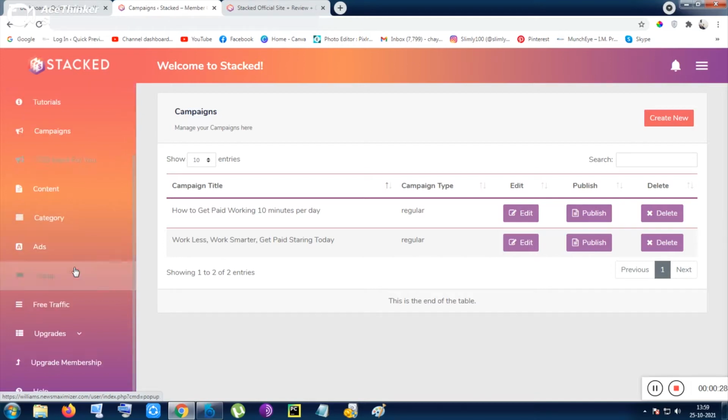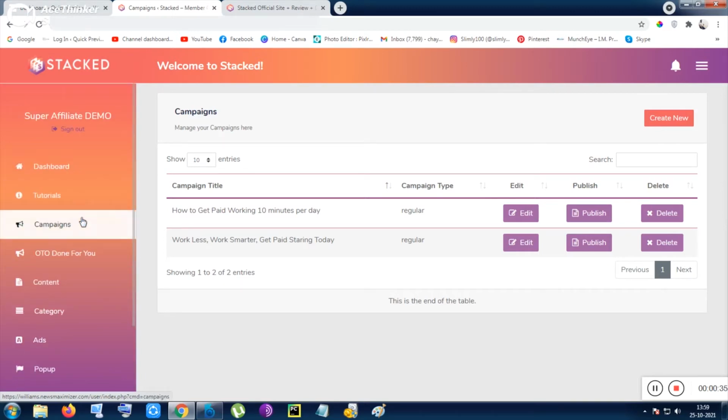You can use the ad feature and the pop-up feature inside it, and let me show you how this works. I will show you this partially because there is so much. If I wanted to show you this tool properly, it would take more than 30 minutes and I don't want to waste your time. I can give you a detailed overview of this tool. Okay, let me show you.